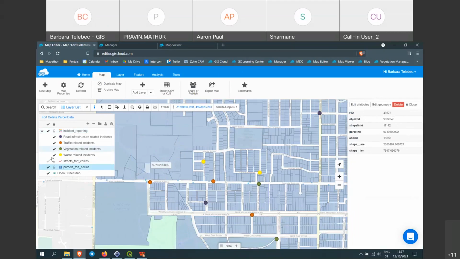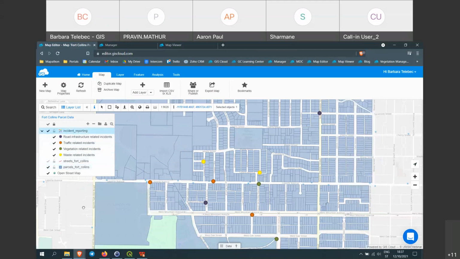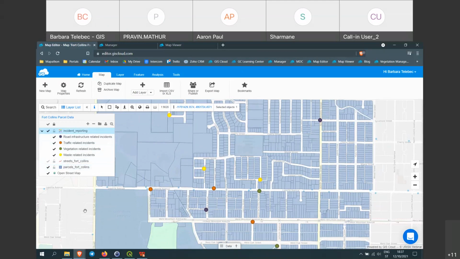But we also have here a layer called incident reporting. So we want to make sure that the field crew who is going around town, inspecting different areas, seeing whether there's maybe any issues in the city, want to be able to provide some feedback to anyone who is in the office who manages that area, so that they can respond to whatever's happening in the field. So for example,